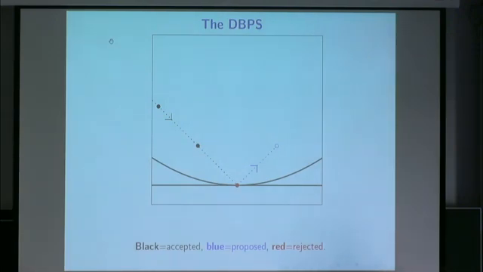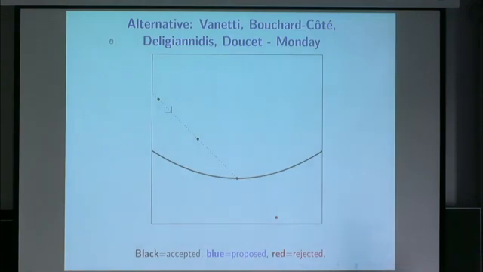So this is a reminder of our algorithm. I'm now going to show you Alexandre Bouchard-Côté's algorithm. It's explained slightly differently so that it fits in our context, but it is the algorithm Alexandre explained. Remember, what we've done is at the rejection point, we've calculated the tangent hyperplane and bounced off that. Now, with their algorithm, here's the rejected point. You actually look at the contour at the last accepted point, put the tangent hyperplane to that, and bounce off that.